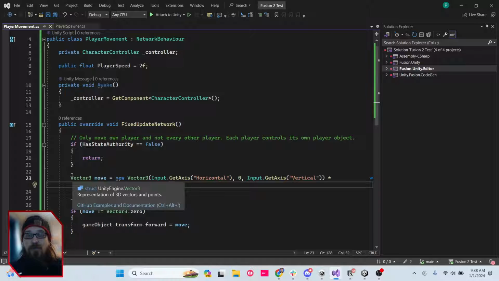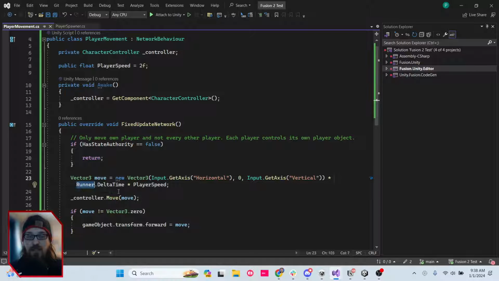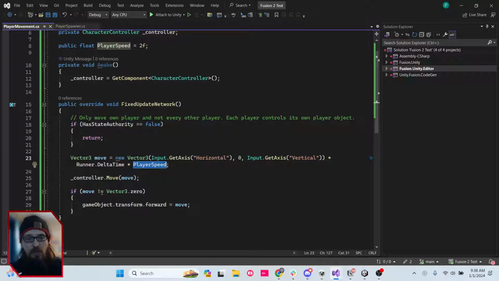So if you've written character controller movement scripts before, there's a slight difference here. You're using Runner.DeltaTime instead of Time.deltaTime. You're doing it in FixedUpdateNetwork instead of Update or FixedUpdate if you're using physics. And then this is the player speed from up here that we're multiplying by. So if the move vector is not equal to 0,